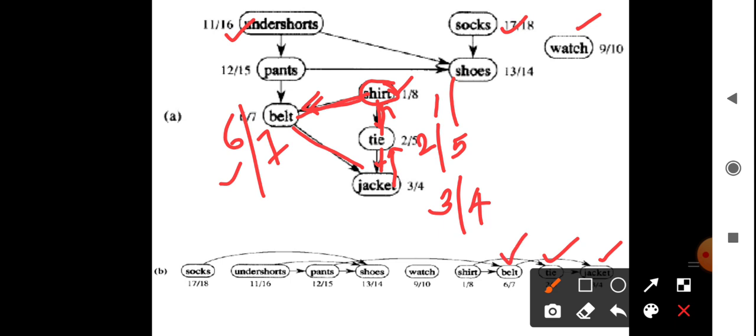Then here we have 7 and 8. So shirt will be completed. So shirt will be added into the front of the linked list. Then next,